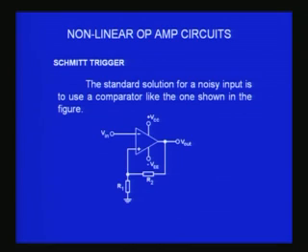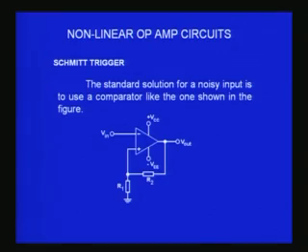And therefore if, for example, in the typical demo that we showed, R2 was 10k and R1 is 1k, so it was about 1.2 volts, and in one case it will be plus 1.2 volts and in the other case it will be minus 1.2 volts. Therefore, whenever V in exceeds plus 1.2 or minus 1.2, the output will change state, and the gap between the two transitions will be plus 1.2 to minus 1.2, that means 2.4 volts. So from plus or minus 150 microvolts, we have now expanded the variation to plus or minus 1.2 volts,